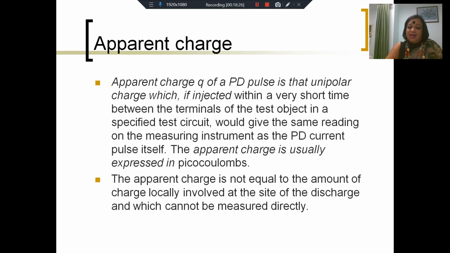So a PD happens, it gives me a particular reading. I say that it has a magnitude Q picocoulombs. It means that if I take Q picocoulombs and inject that across the total test specimen,